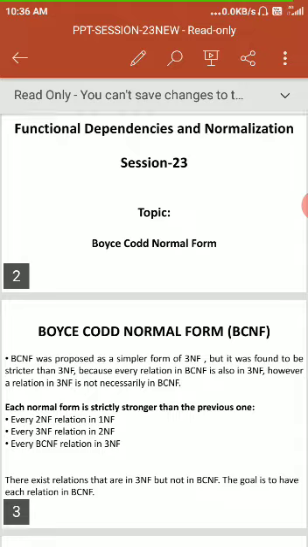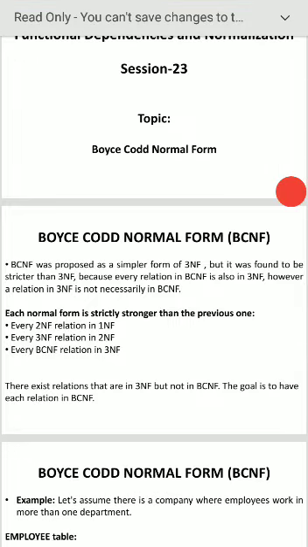See, BCNF is an advanced version of 3NF, but it is somewhat stricter than 3NF. A table is in BCNF if for every functional dependency X belongs to Y, X is a super key of the table.